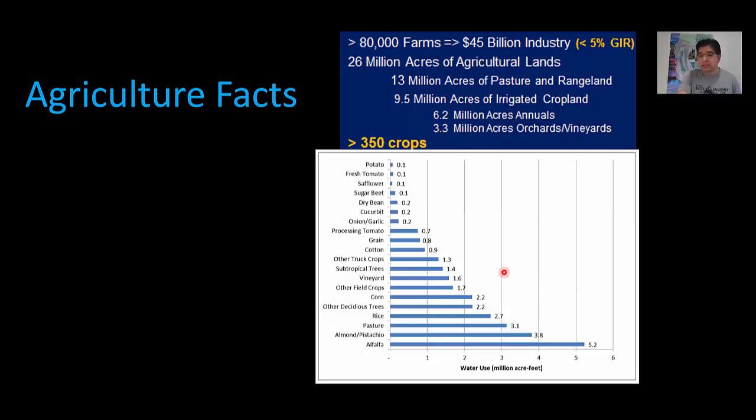Most of the water used in agriculture is for alfalfa, pasture, and corn, and that is actually to feed cows. That's the reality. Most of the water is used for people eating meat,